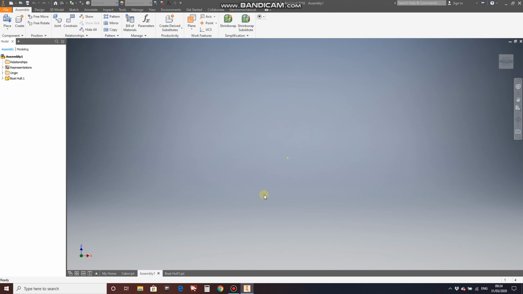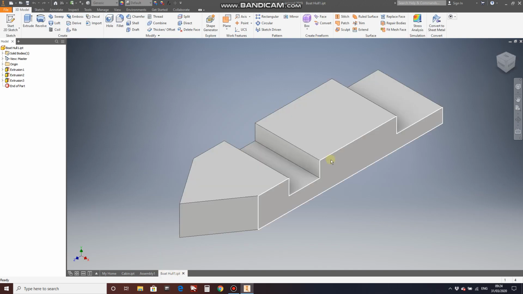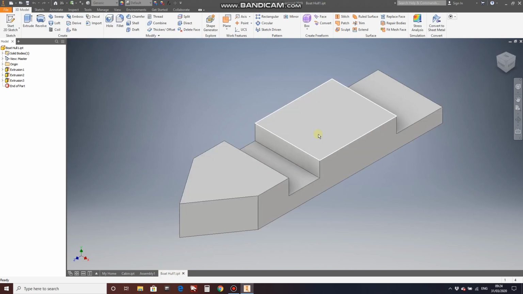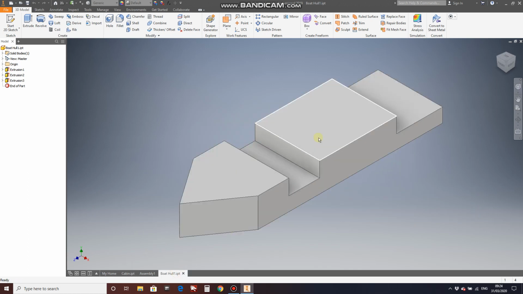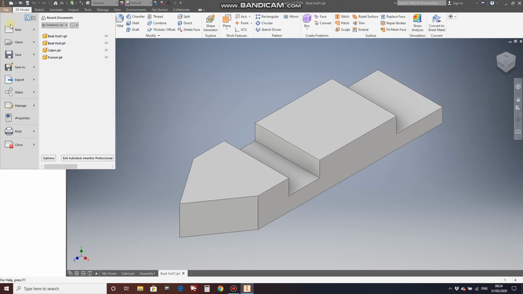So in this video, we're going to talk about doing an assembly. So we need to attach the cabin, which is here, to the top of the boat hull. So what we're going to do, we're going to go File, New,